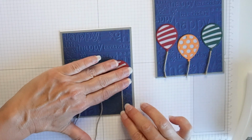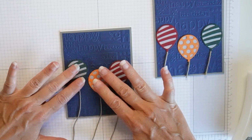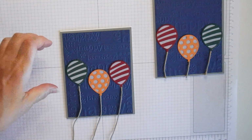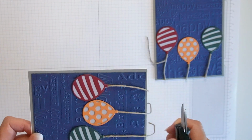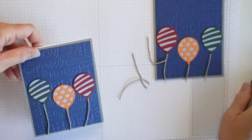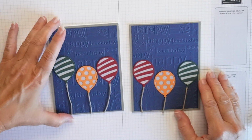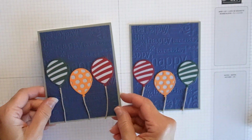There we go. These can just hang loose, or you could glue them down. I kind of like to just leave them. Then just cut this even with the bottom of the card. And there we go. A simple but wonderful birthday card for you to give somebody and make their day that